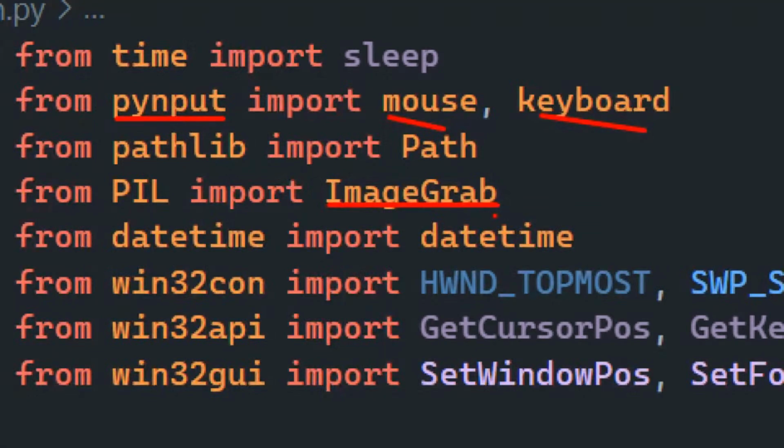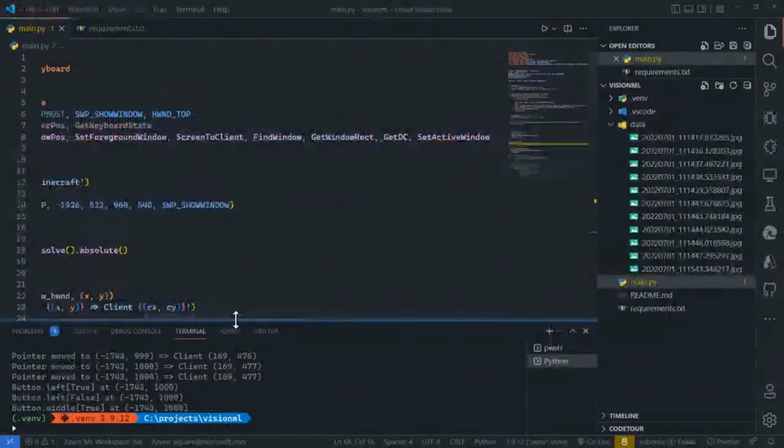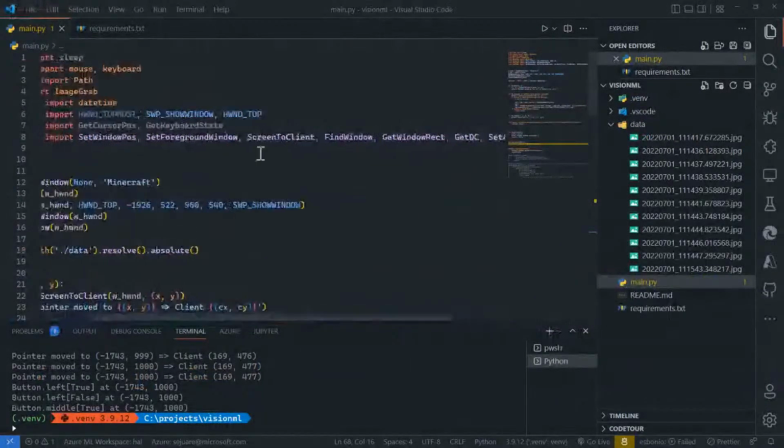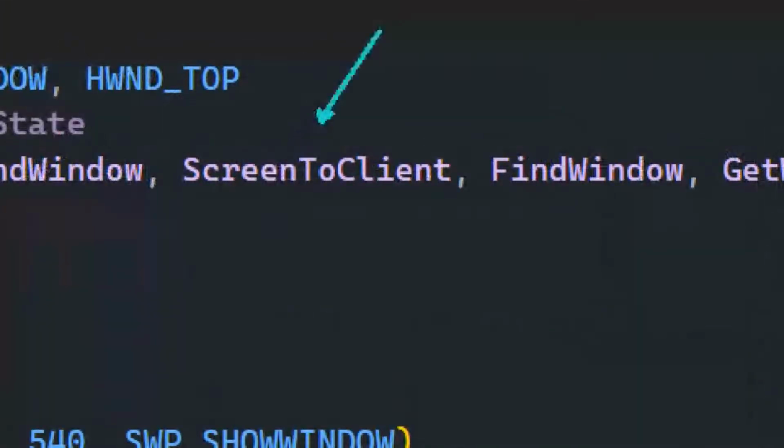And then I'm using some Win32 API calls to, for example, convert the XY position of the mouse to the XY position inside of the window. I'm also finding the right window.